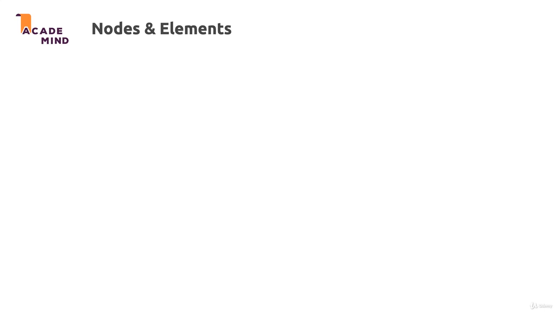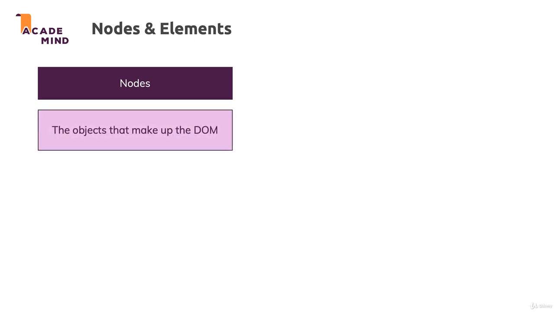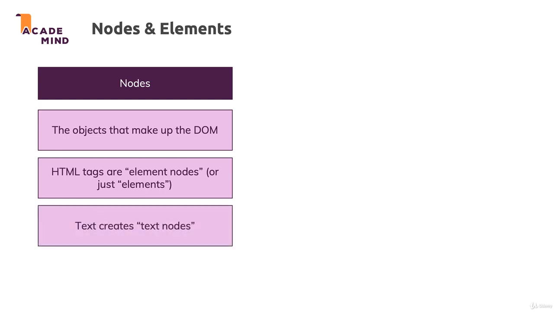Before we try these methods though and play around with them a bit to get a feeling for how you select things, let's dive into nodes and elements. I kind of use these terms interchangeably, but actually you should be careful and you should at least understand what the difference is. So you have nodes and elements, and nodes are the objects that make up the DOM. Everything in the DOM is a node. HTML tags are just element nodes, as I mentioned. I will also refer to them as just elements, but in the end, these are element nodes to be super precise. We also have, for example, text nodes, and there are other nodes as well, which aren't really that important though,